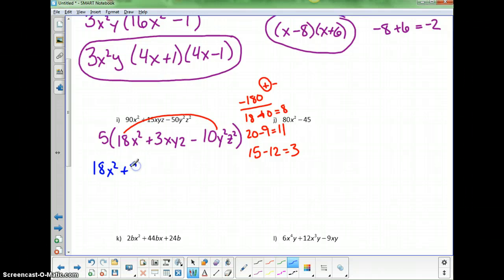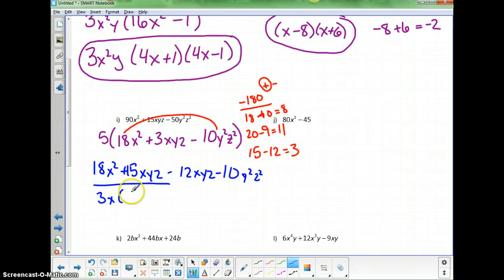plus 15xyz minus 12xyz minus 10y squared z squared. Okay, so when I group the first two, 18 and 15 have 3 in common. They both also have an x, so it'll be 3x times (6x plus 5yz)